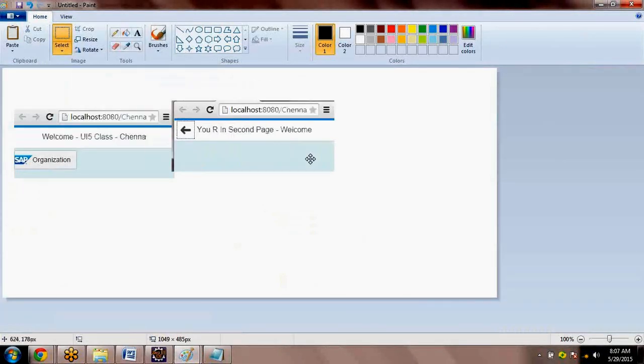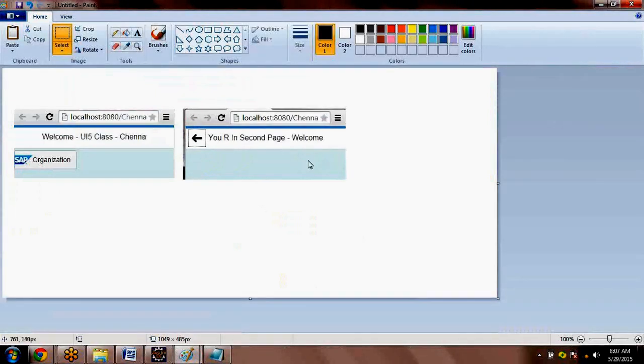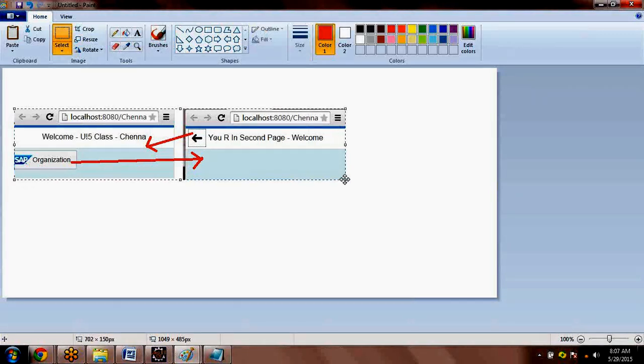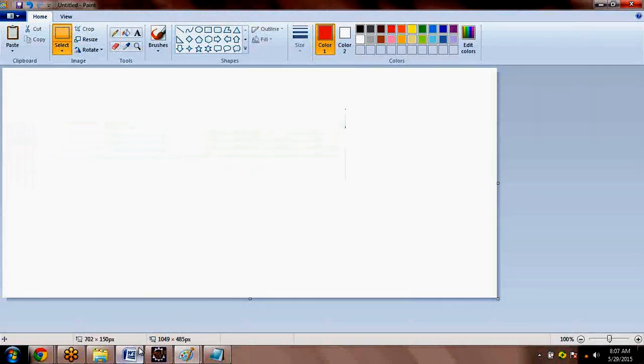And what are we trying to do here? When someone clicks on this one, go to the second page. By looking at least at this requirement, you should be able to understand, even after opening my notes after 100 days. Generally people will not open them immediately, right? After 100 days, even if you open my notes, it should be clear for you. If not, then I don't know how to teach.